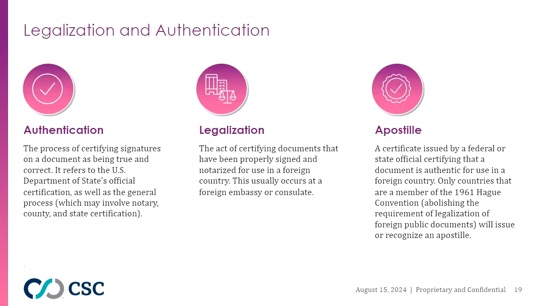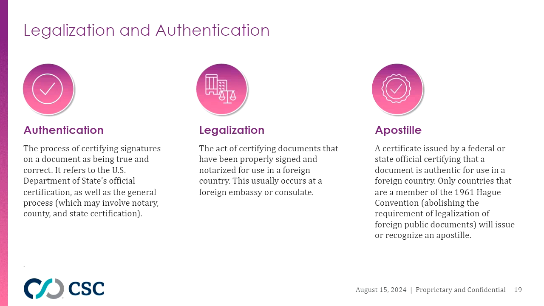Now, let's talk about documents that are going to be used outside the United States. Let's say that what we have is a Delaware Good Standing Certificate, and we want to take that over to France because we've got some business going on over there. We just can't typically take that document over and show it to the French authorities, or whatever country we're dealing with. You still have to first get what is called an apostille or a legalization.